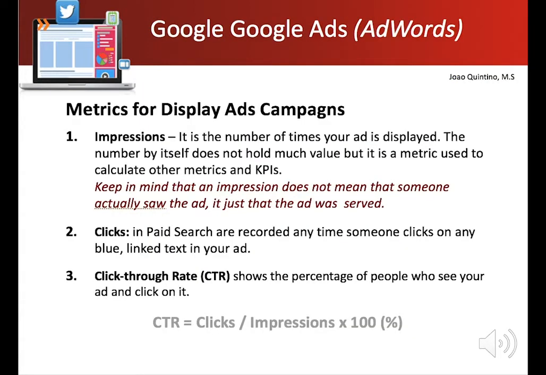So let's start with the metrics for display ad campaigns. The first metric is impression. That's the number of times your ad is served. So that metric alone doesn't mean a lot, but it's a metric that we use to calculate other metrics and KPIs. Clicks are the number of times people click on your ad. Click-through rate shows the percentage of people who saw your ad and click on it. And the way you calculate this is by dividing the total number of clicks by impressions and then multiply by